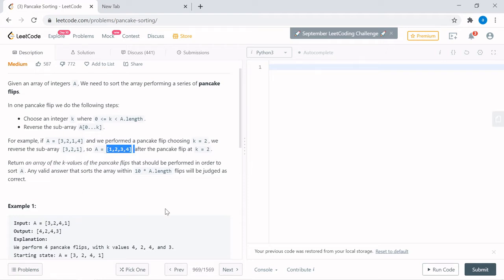So what are the key focus areas? One is the input is an array. Second is the output you are supposed to get is a sorted version of the input array. And third is the path that you will approach is the flip path, wherein you have to do an in place flip with the input array and then achieve the sorted version of that array. And the fourth but the most important part is you are not supposed to return this. This will become a mediocre solution then. You are supposed to return the number of flips which you perform on the input array in order to get the sorted version. You are supposed to return the number of flips and not this.